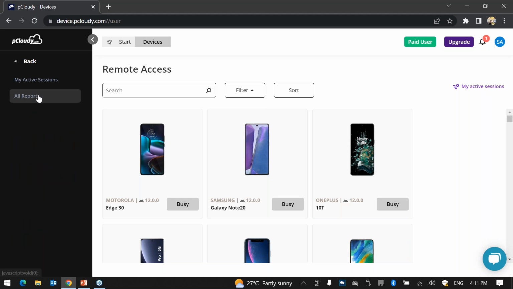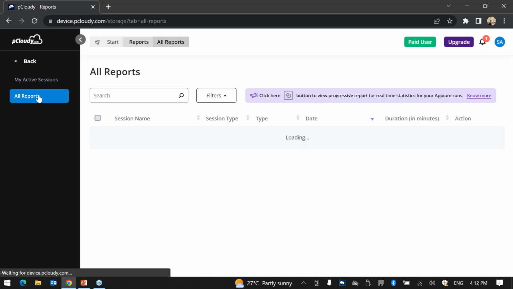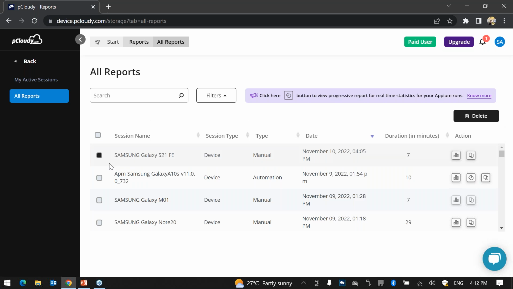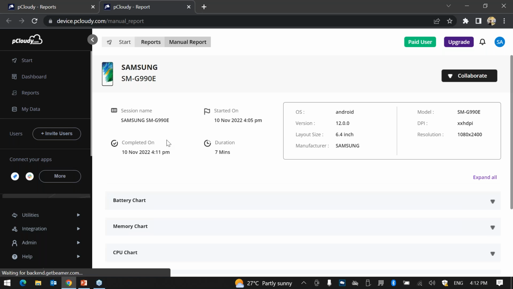So let me just quickly show the report even before I get into the certifier section. You can navigate into the all report section where you can view your session report. Every device that you connect will be considered a session, and reports will be provided for the device that you have connected. In the all report section, you'll start seeing all the reports that you have carried out. So this was my session. You can further rename this session while you are connected to the device, and you can further deep dive and understand the report. So that's how the report looks.